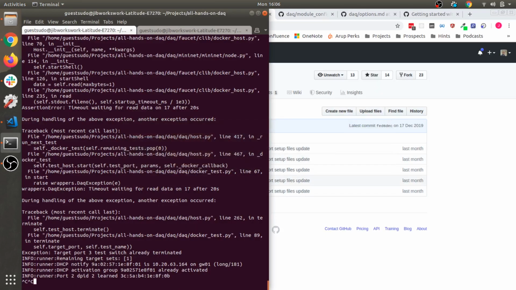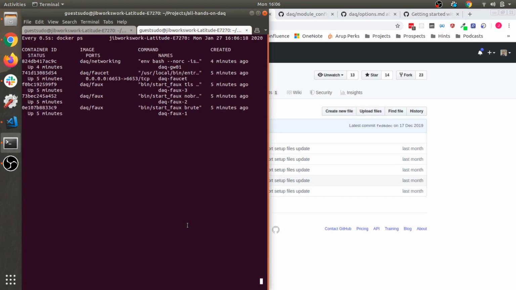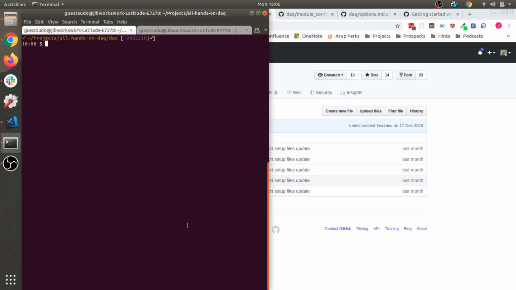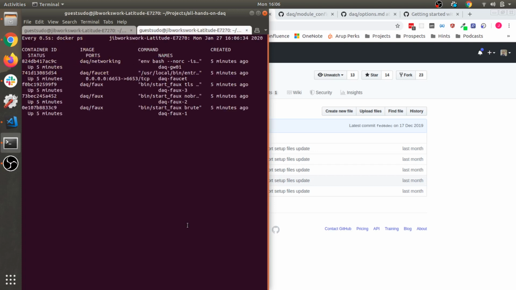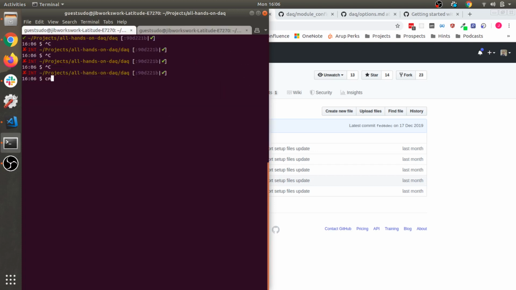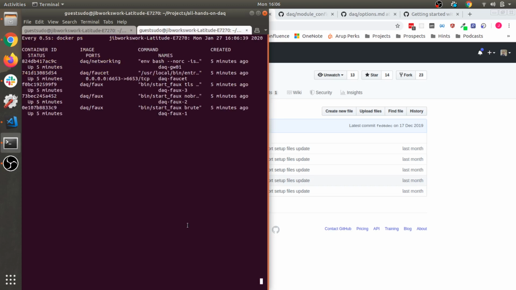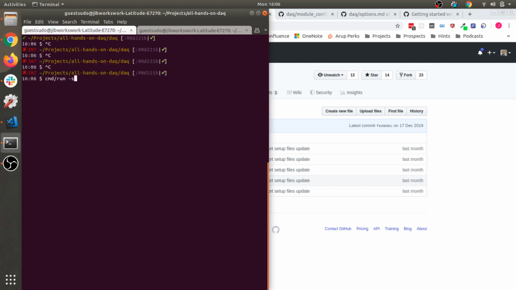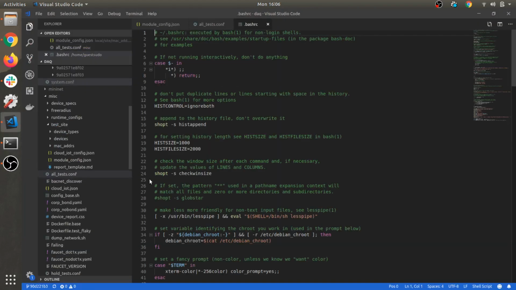Tell you what, let's just cancel this. Another little thing I wanted to cover, in what will become one of the many when DAQ goes wrong moments of this series, or rather when I do things wrong to DAQ, is that if you Control C DAQ, then loads of Docker containers will still be running. When you rerun DAQ, hopefully it should kill all the old ones, but sometimes things get a little out of sync. So I've got a little command in my bashrc,